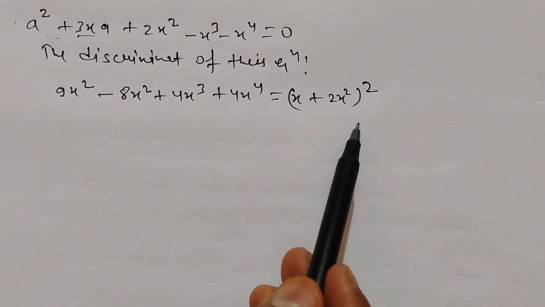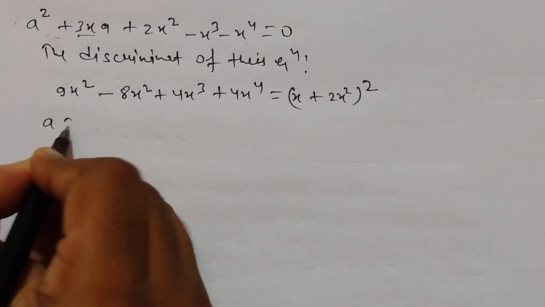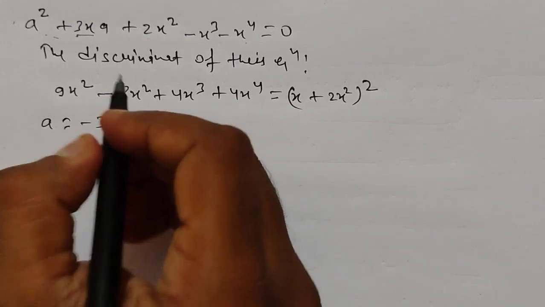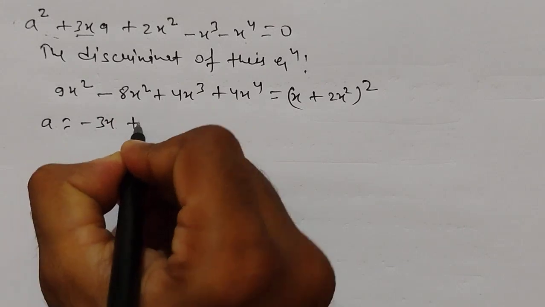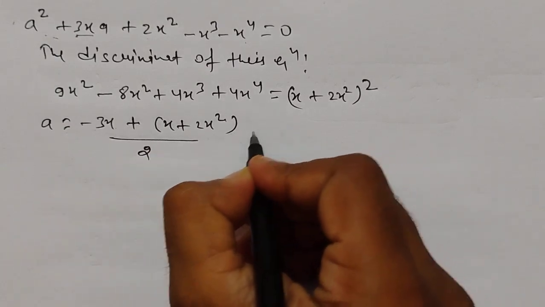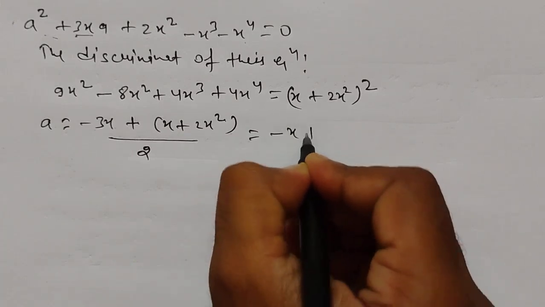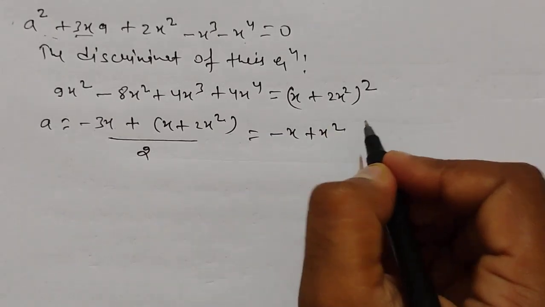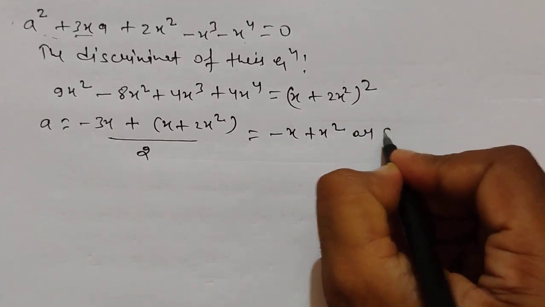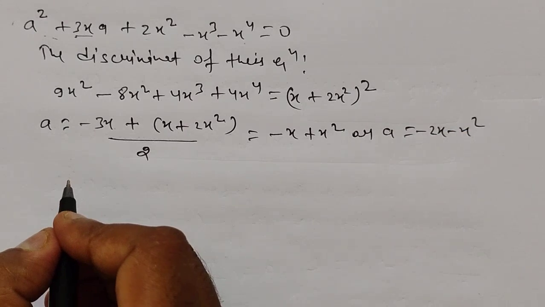Now the important thing is a is equal to minus b plus minus under root b square minus 4ac upon 2a, so minus 3x plus minus x plus 2x square by 2, and this will be equal to minus x plus x square, and here we can write a is equal to minus 2x minus x square, and the first choice is minus x plus x square,